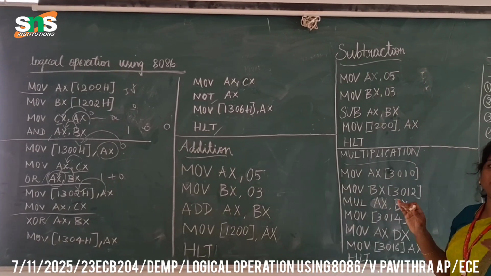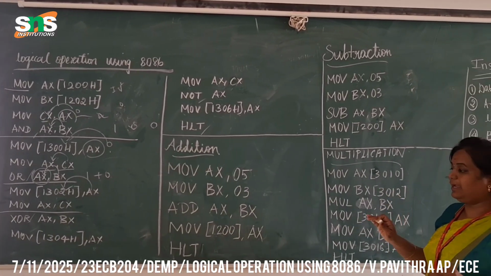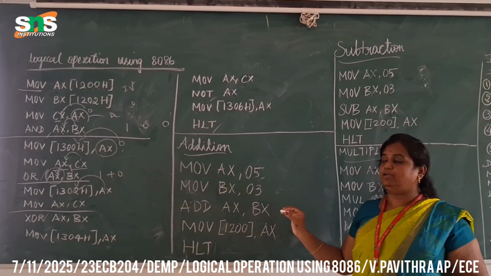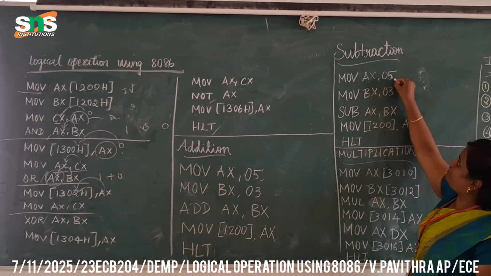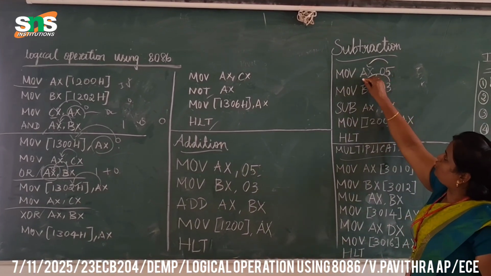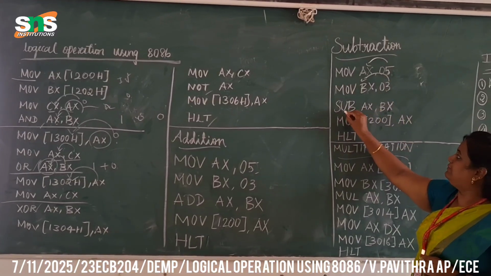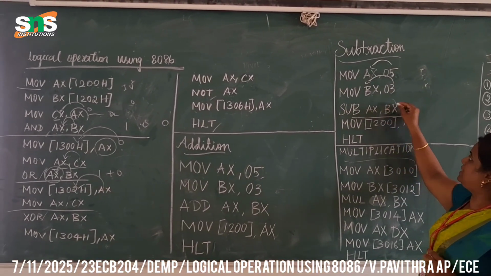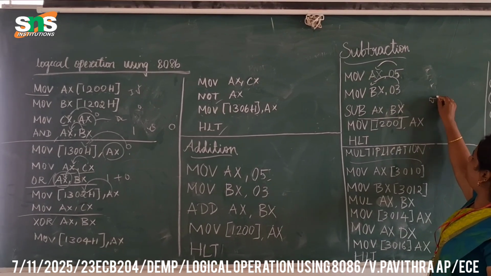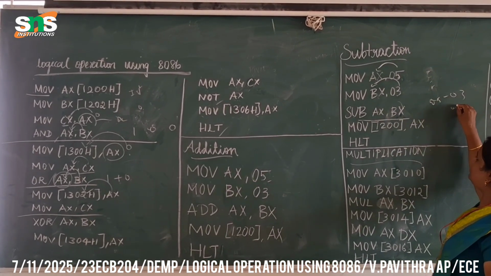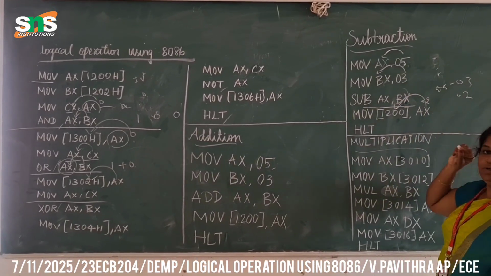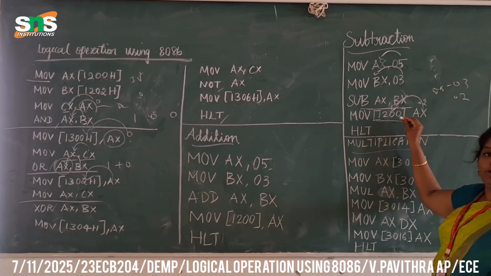Okay. Now I have taken only the simple program. I am not taking the carry, borrow and all. I have taken simply 5 plus 3 values. Okay. So what will happen? This 5 will go to the AX and 3 will go to the BX. What will happen? It will subtract the value, AX minus BX. So what is the value? 05 minus 03, it will be 02. The 02 will be stored in the AX and it will be moved to 1200. We can see the output in 1200.